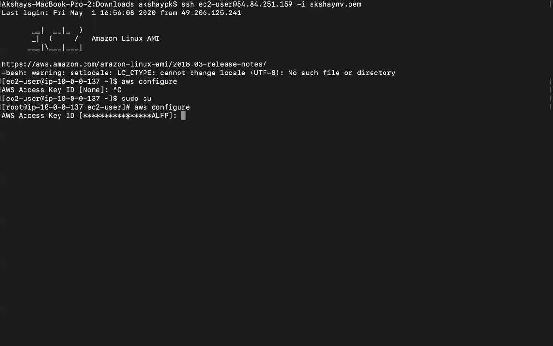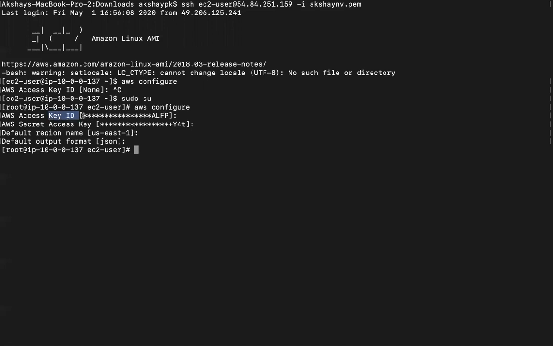So you can see over here, we already have the access key ID. We already have the secret access key. We have already configured all of these things, including the US East one and JSON, right? So the access that this person has right now is administrator access. This access key ID and secret access key has administrator access, right? But I would like you guys to not have administrator access, because that's not the best practice. You should have only access to put all of your metrics to CloudWatch.